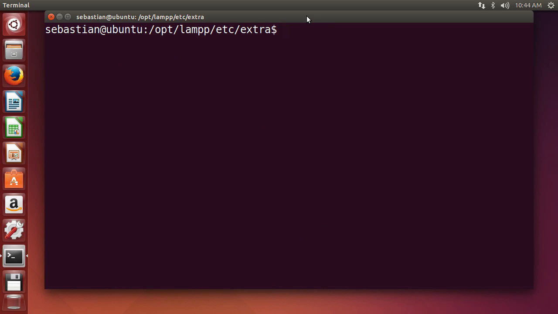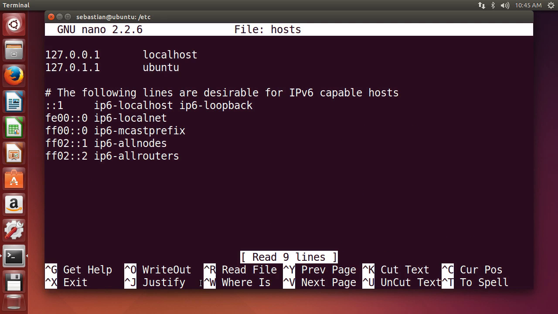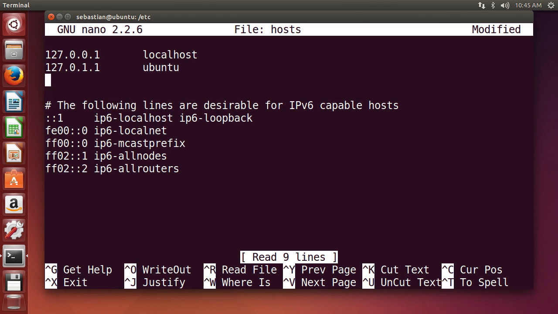Now we can navigate to the etc directory. So change directory cd /etc, hit return again. And now if we do ls to see what files and directories we have inside of this etc directory, you can see there's a file called hosts. This is the one we are interested in. So sudo nano hosts, hit enter or return on your keyboard. Now move your cursor down using arrows on your keyboard and type